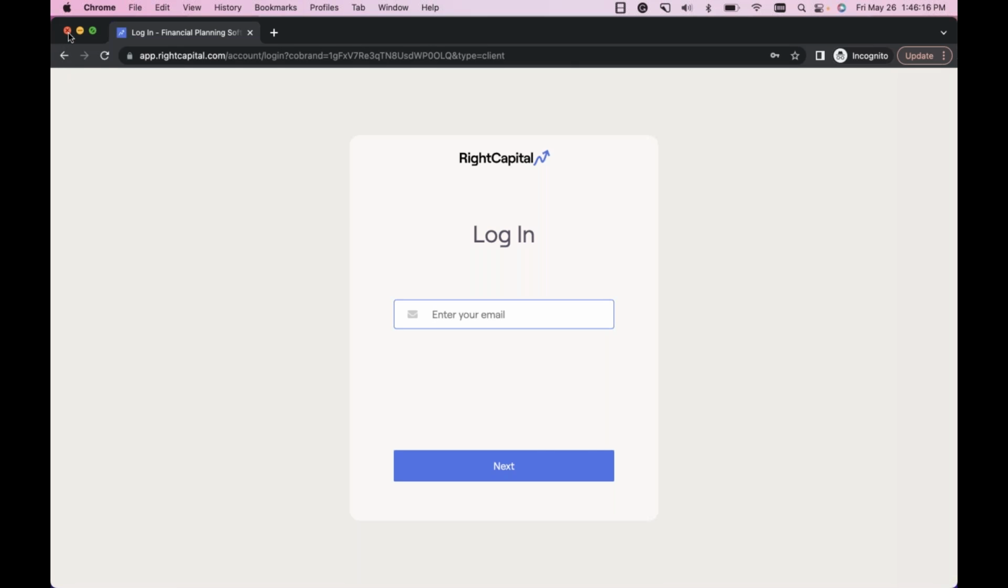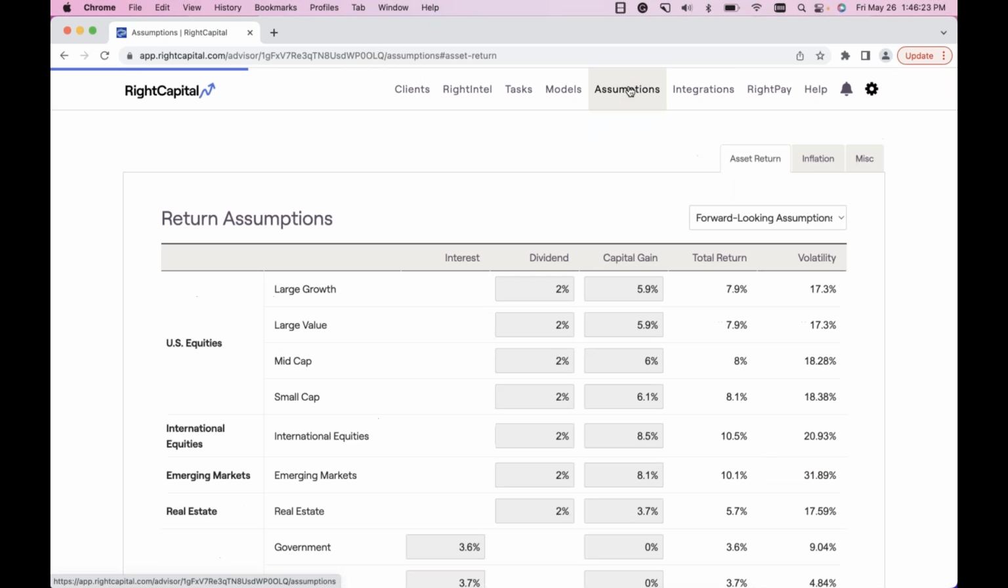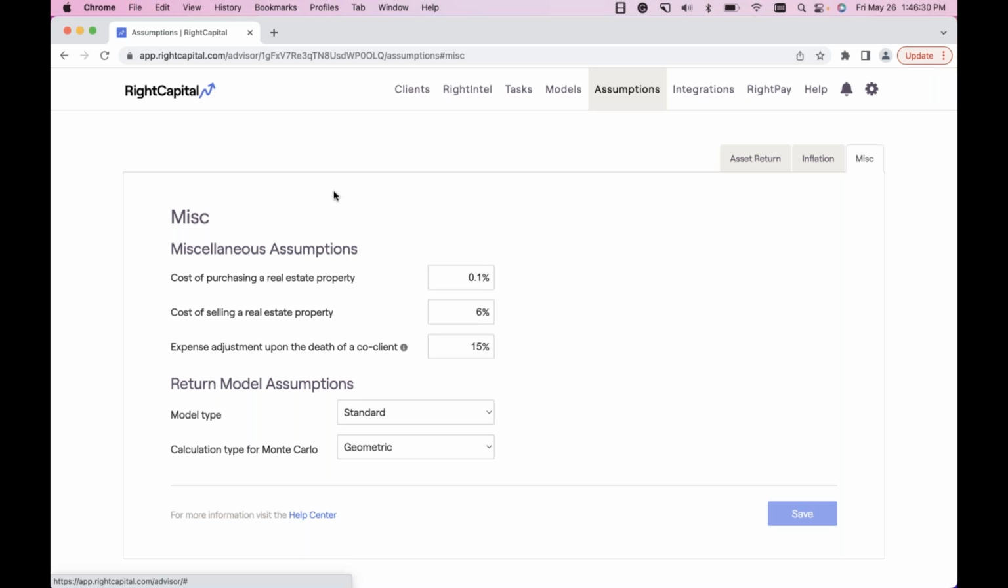All right, and the very last thing I want to cover today, again in the advisor portal, is up at the very top, and I'm clicking into assumptions. And then on the far right of my page, I'm clicking into our miscellaneous assumptions. And I just want to give an overview on our return model assumptions. This is a recent update that we made on our model type. And you'll see it says standard, and I can click on that drop down to switch over from legacy or standard. And I just want to point out that our legacy is what we were using before this update,